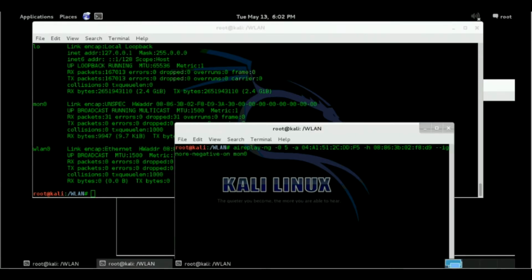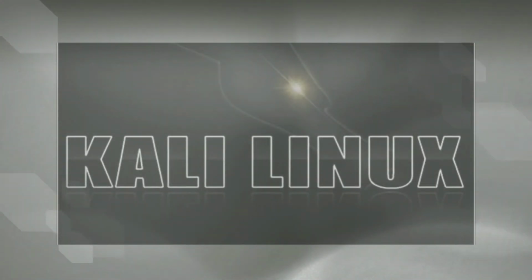Open a new terminal window and issue the command aireplay-ng -0 5 -a, then the target MAC address, -h, then your host MAC address on mon0 or wlan0, and --ignore-negative-one mon0. The aireplay-ng tool is used to inject frames to generate traffic that Aircrack-ng will use later for cracking the WEP and WPA-PSK keys. In this case, the command issued will inject 5 deauthentication attacks to the target MAC address from